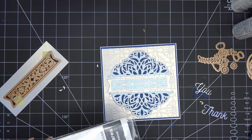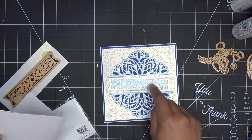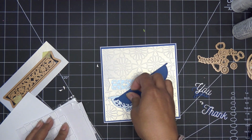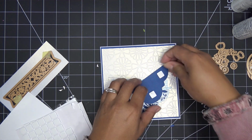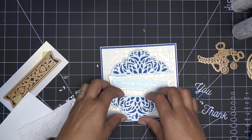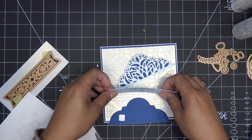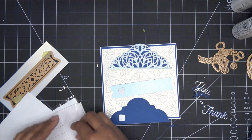So for this, guys, I think I'm just going to use some dimensional adhesives, and I'm going to do them twice as high for this strip in the center. So for now, I'm going to place one here. And what I like about these little FSJ ones from Spellbinders is that they're not super, super high. So I'm going to do those there, and these here. And then on this center one, I'm going to double them. So one...